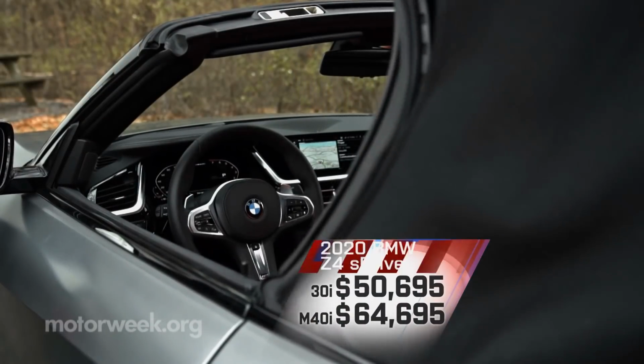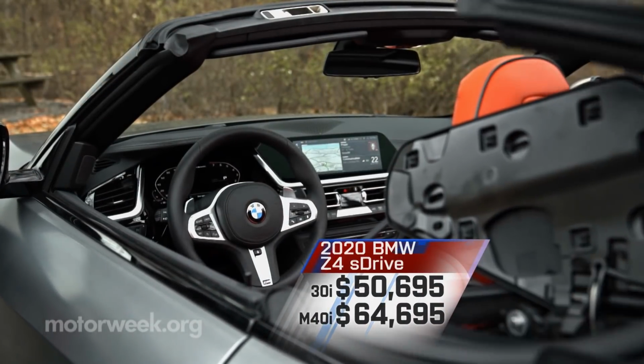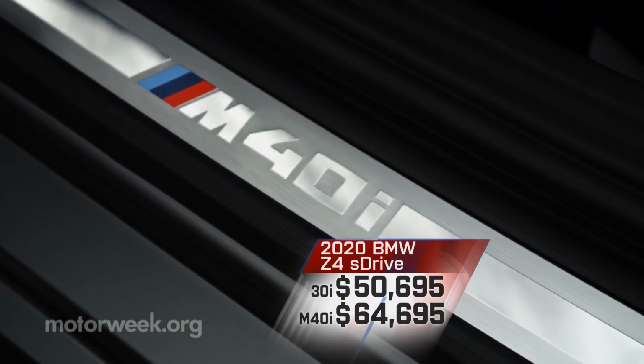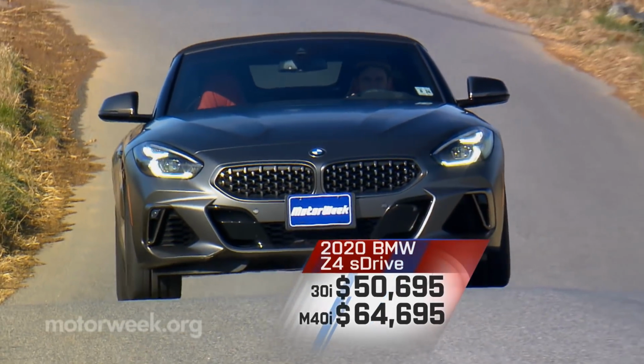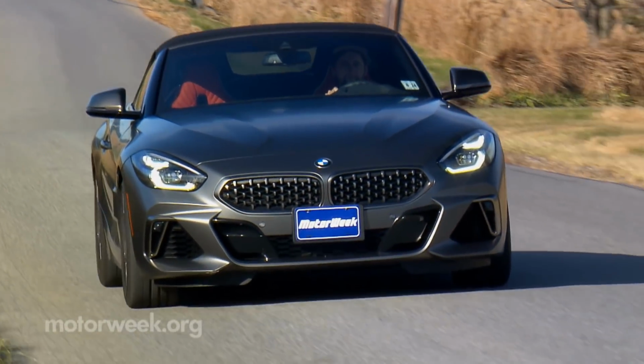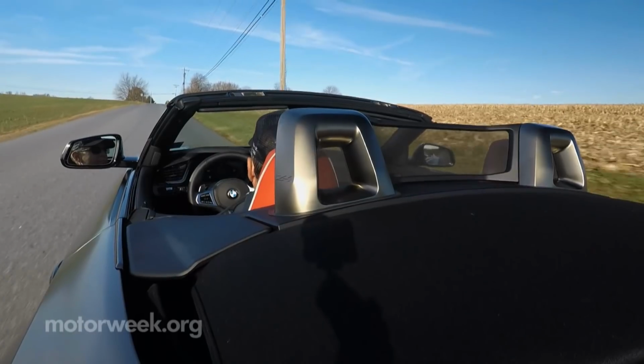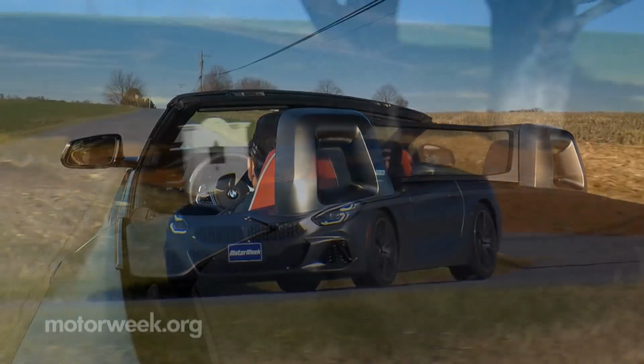The base BMW Z4 S-Drive 30i starts at $50,695. This S-Drive M40i at $64,695. While convertible sales have been very fickle over the years, there's always a place in our automotive hearts for